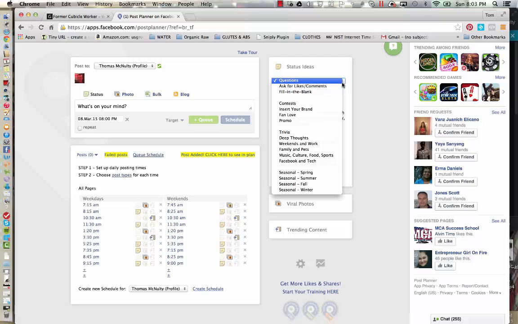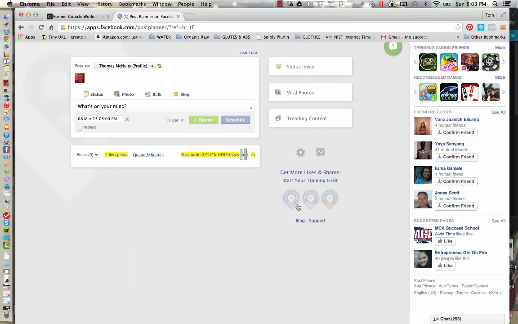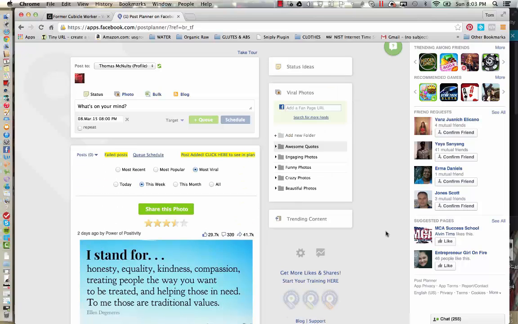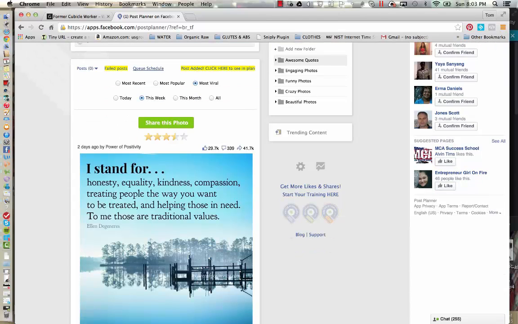And then, once those are all filled in, the status ideas, it's easier after that, because then you can just go to your viral photos and just blast out 2 weeks worth of viral photos. And you don't have to change the category. You can just do 2 weeks, 7 days in a week times 2, so 14, whatever that comes out to, and you do that many. You do that many viral photos, and then you do that many of the trending content. Once you're all the way through, you're done. You have your queue set up,